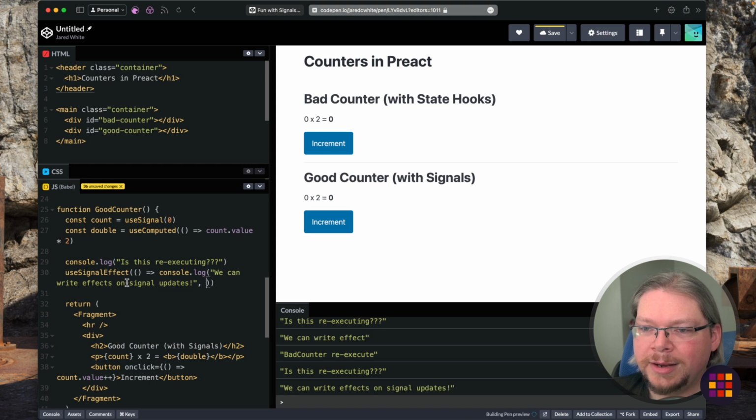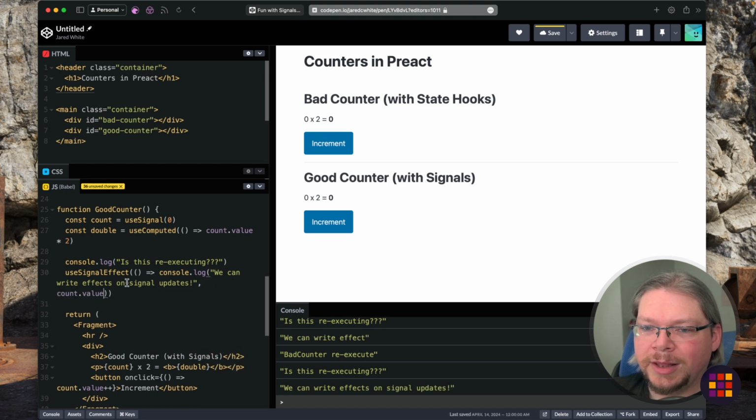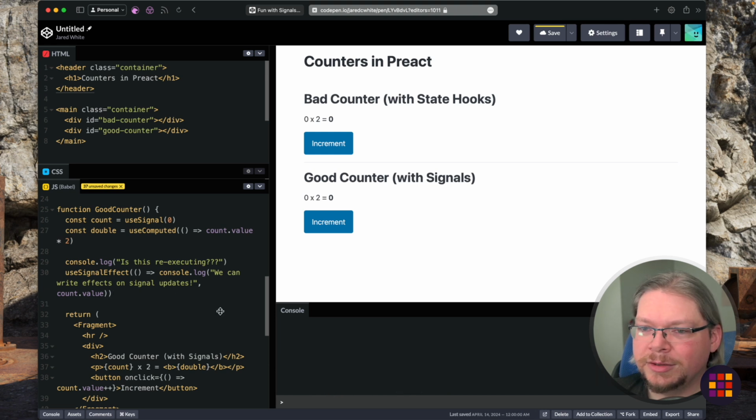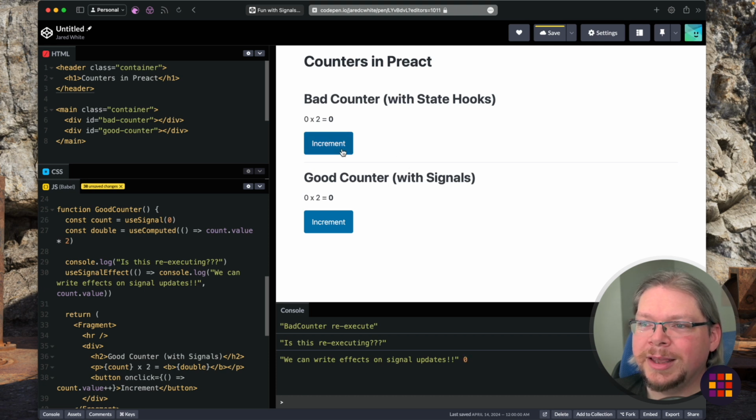So we're going to log that, and then we're going to pull in count.value as that signal value. All right, so let's go ahead and clear this. Right, so bad counter executes. Is this re-executing? Executes. We can write effects on signal updates 0. And we know if we click increment up here, it's going to keep logging. But if we click increment down here,